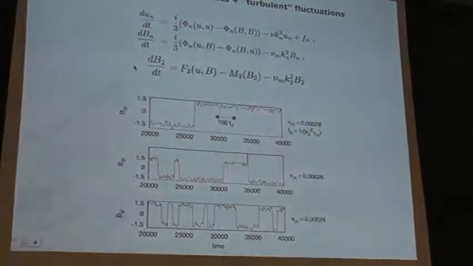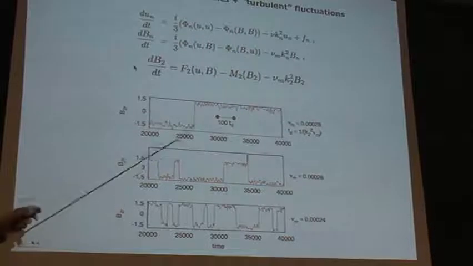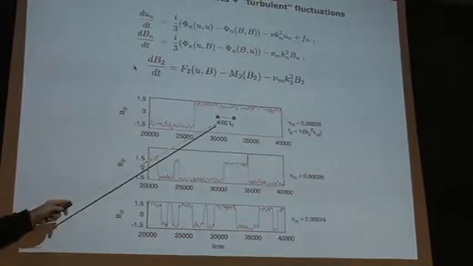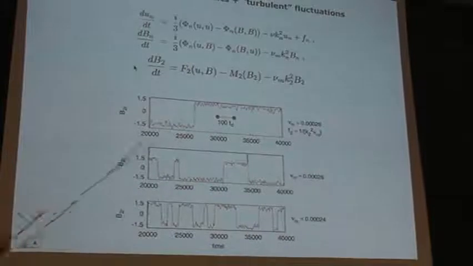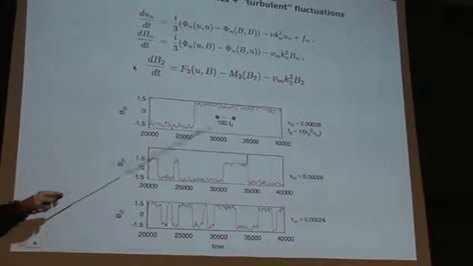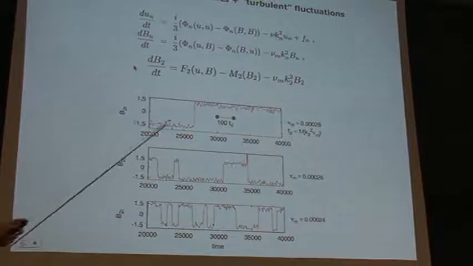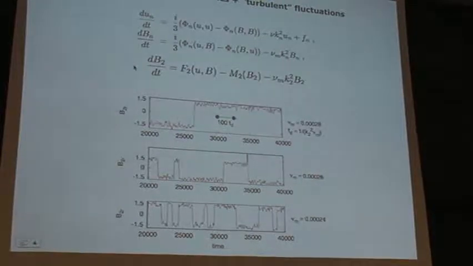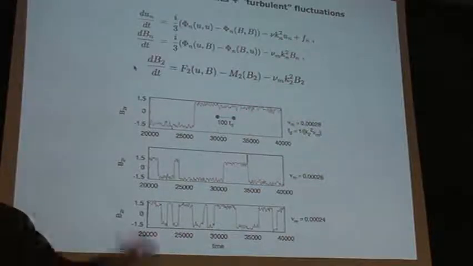And what you see, sure enough, is that it reverses, couldn't do anything else. But the important point is that now the time scale for which it stays, the time between the reversals, which is much longer than the diffusive time, as observed in the experiment, comes from the dynamics. And that time varies when you change, here we've changed, the magnetic Reynolds number, because it's easy to do in the simulation.